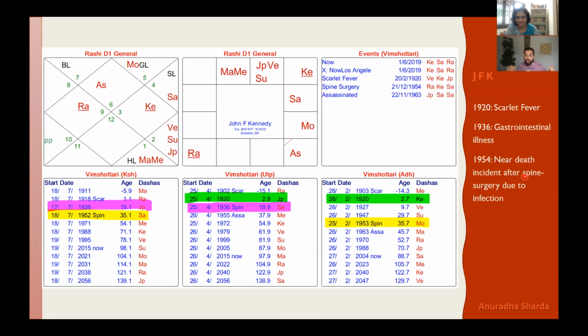Even when these two dashas, when you find 2 out of 3, like this one, within 2 months from each other, even when they coincide within the same day, the event may not happen exactly on that same day. It may not happen exactly the same day. It can still be within a certain period of time after. This is what I've noticed. But maximum a year after, not more than that.